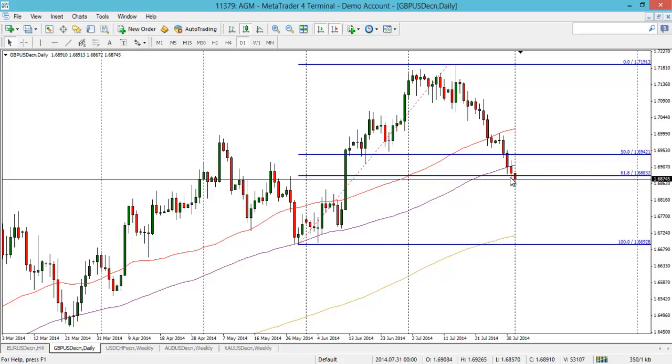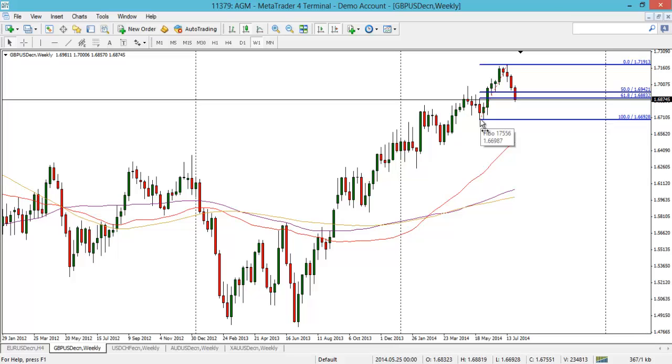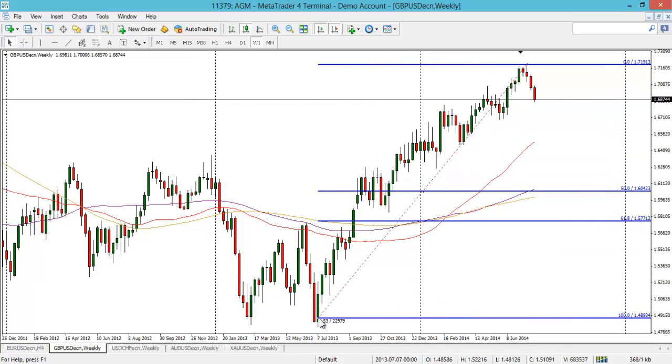So yeah, yesterday's daily candle we did pierce the 61.8, but we did close above, so that's quite interesting to know. But of course we do have that 100-day moving average there as well, so it struggled to get above that, it sort of capped it. Today's daily candle has already pierced below the 61.8 and currently resides below it. But of course NFP will pretty much decide that, I'd have thought. Obviously a weak number and we should get a close above, and with a strong number we really could blow out to the downside here, and then this fib will be in play.